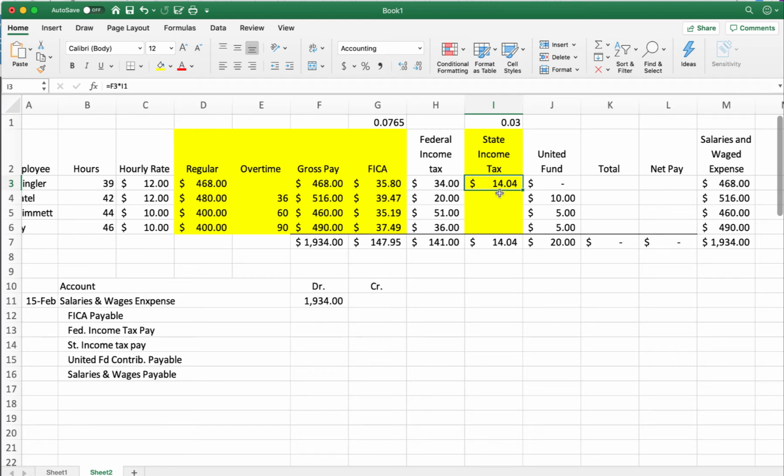Now, let me show you an easy thing to do, right? Whenever you do any mathematical functions in Excel, you're speaking Excel language. It's not that hard. Basically, what we're telling Excel to do is, if I'm in cell reference I3, I want you to come over to the left 3 columns. 1, 2, 3. I want you to take that value, whatever's in 3 cells to the left of my starting point. Then I want you to multiply